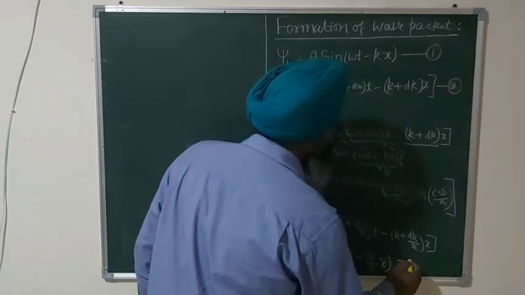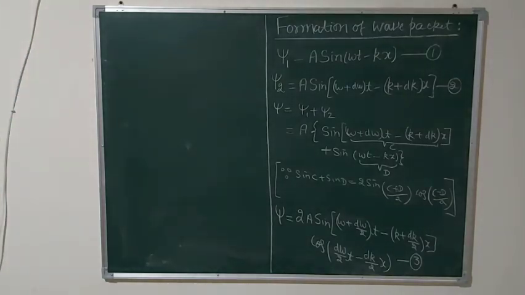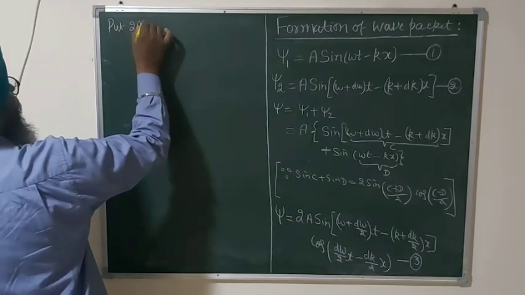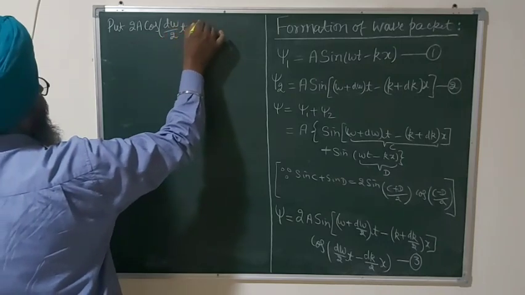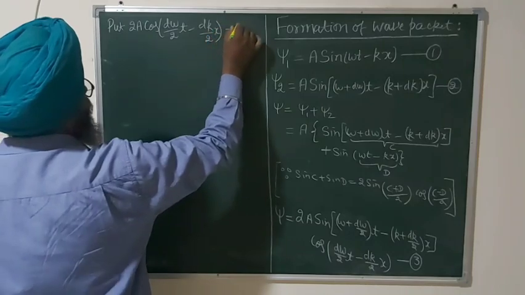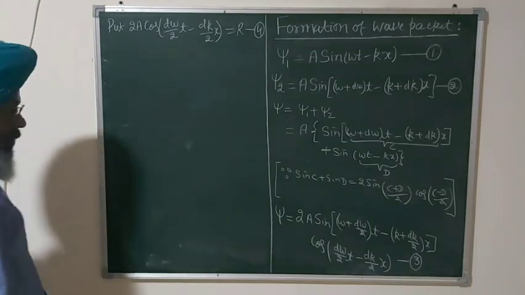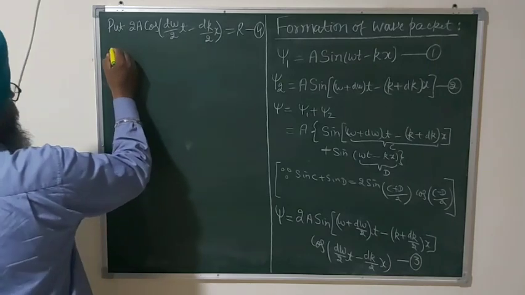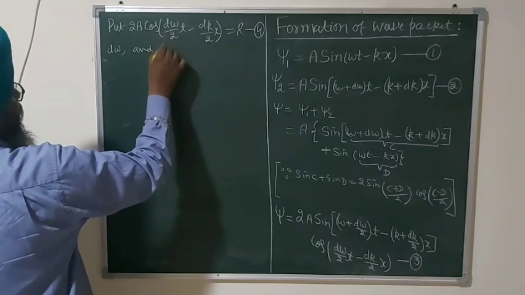Let us say this is equation number 3. Now we can put 2a cos of ((d omega by 2) t minus (dk by 2) x) equal to r. This is my assumption. I assume this quantity equal to a new quantity r, and since d omega and dk are small,